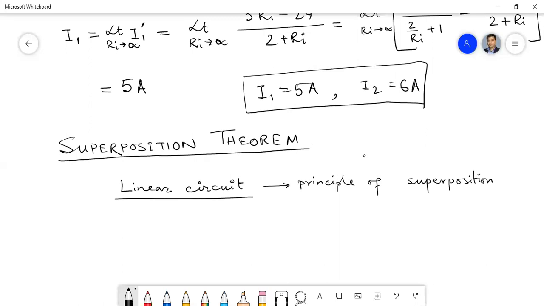It can be a circuit or it can be any element, not necessarily a complete circuit. It can be any element like a resistance, whether the resistance is a linear element or non-linear element. So to judge that, we have to go for the principle of superposition. Now you don't know what is principle of superposition. So principle of superposition is basically the addition of two other principles. One is called the principle of homogeneity, another is called the principle of additivity.